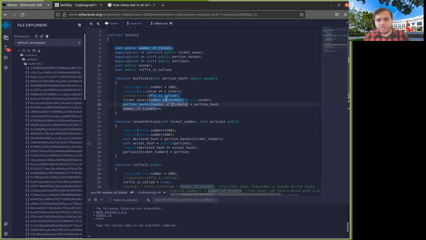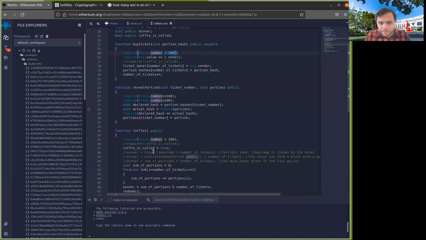So that's a good guarantee for randomness, because if you think about it, when we were talking about the Bitcoin protocol, the idea was that it works if more than half of the computational power is honest. But here we're saying that it works and it's random, even if just one person is honest. If I have one person who buys a ticket and gives me a really random portion, then the final result would be random.